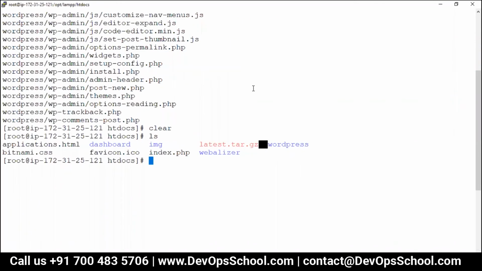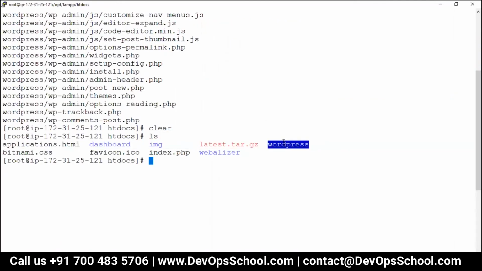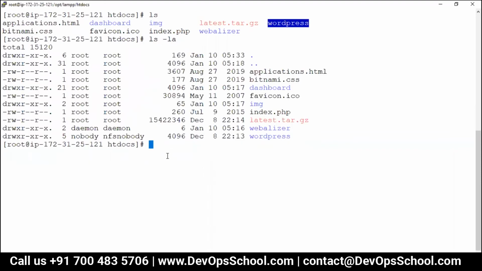This is the WordPress. So you get the WordPress, but you have to check one thing. This WordPress, whatever you see here, is having no permission, owned by nobody, and NFS nobody. Actually, you have to give the permission of WordPress to daemon.